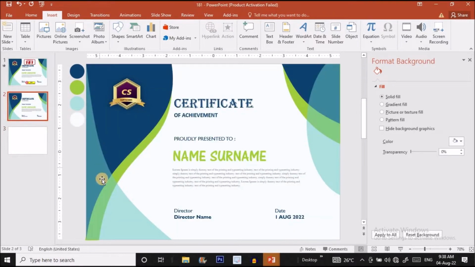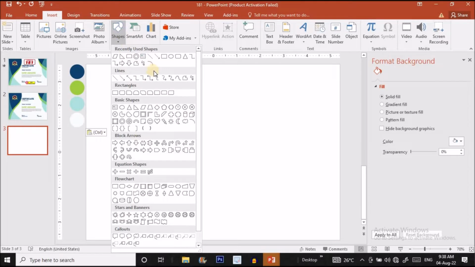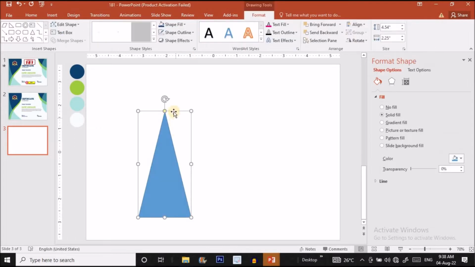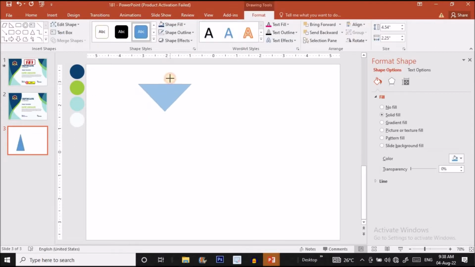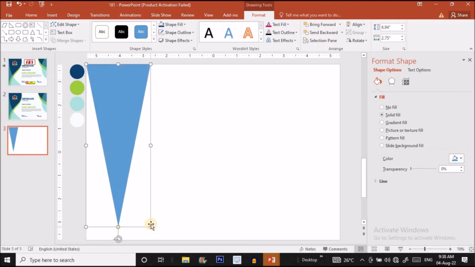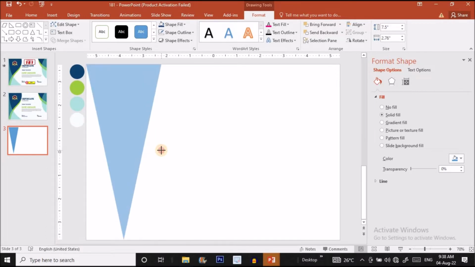Now what I'm going to do, I will create this shape. So to do that, I will choose a right triangle or maybe an isosceles triangle from the shape option. You can get the isosceles triangle over here and I will choose it like this. Place it here on the corner and make it no outline guys. Okay. I will place it something this much and drag it to something here at the bottom. Okay. Now just make it something wider like this much,